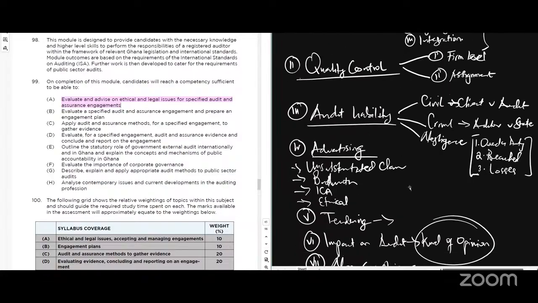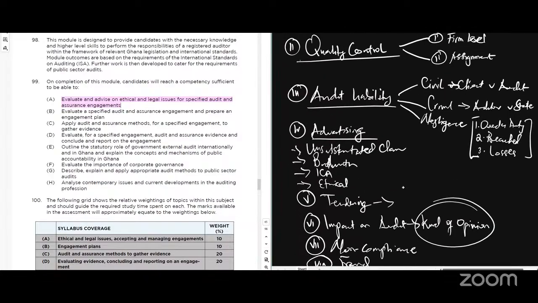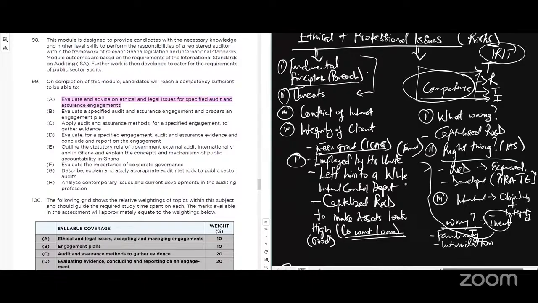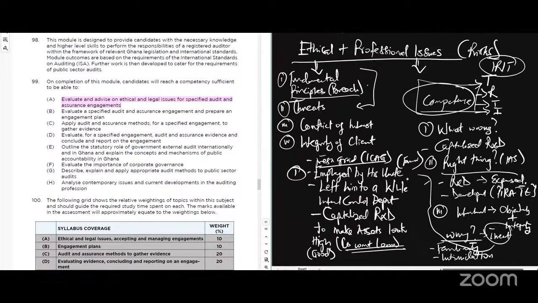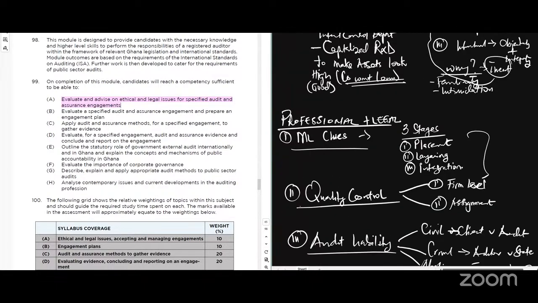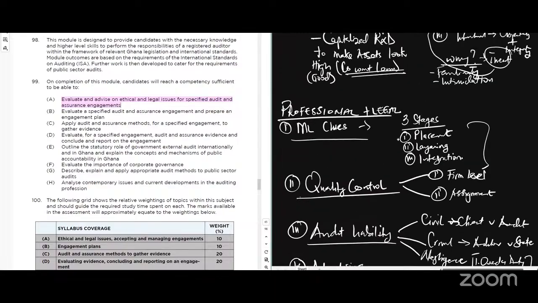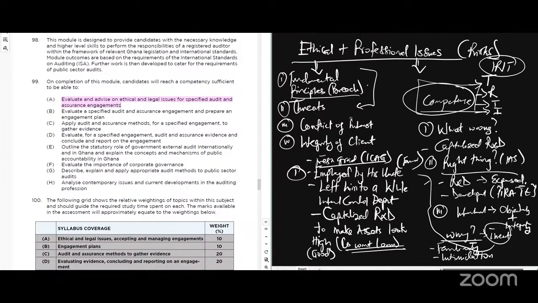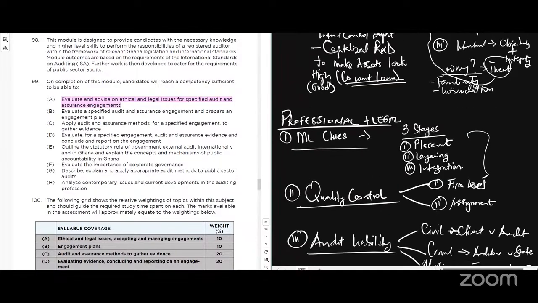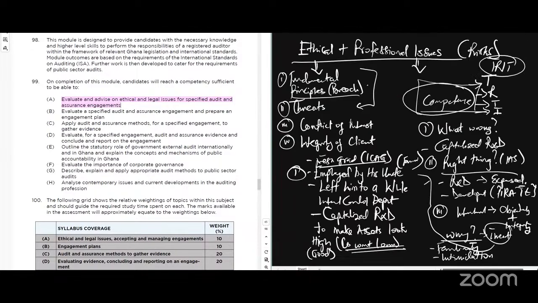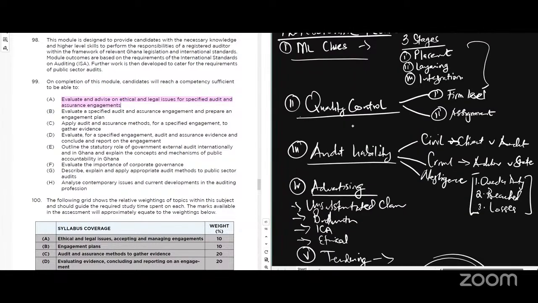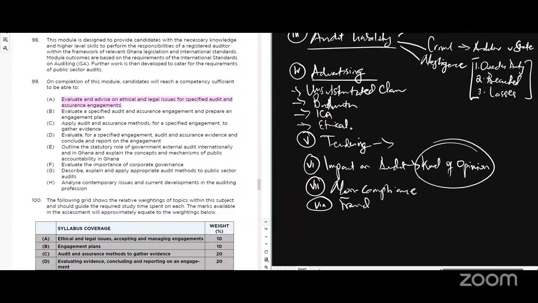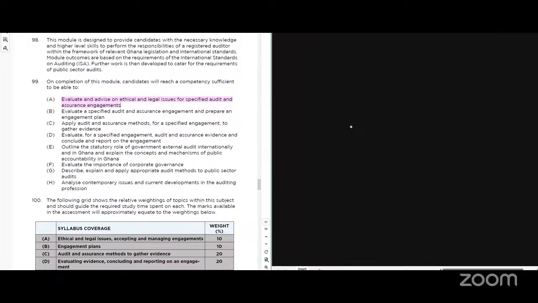Yeah, so these are tricks that most people don't know. When they say ethics, they just dive into only ethics. But I tell you, it has a broader scope. Do you get it? If you try to separate them, that's where you have a problem. But in the exam, if you identify professional and legal issues and ethical issues, just identify them as you see them, and you'll be fine. Don't try to separate them, because sometimes they are not separate. One issue may lead to another, and that is how you deal with these areas.